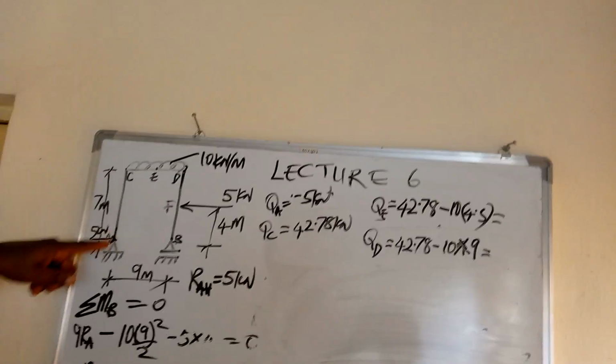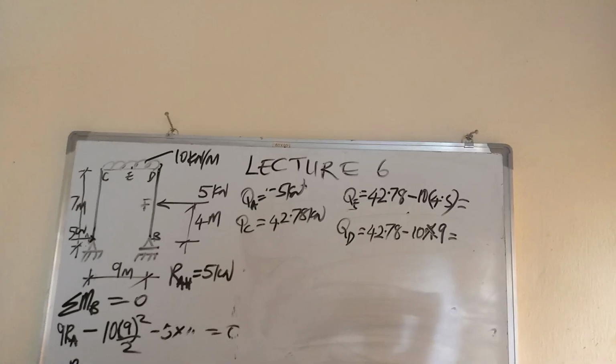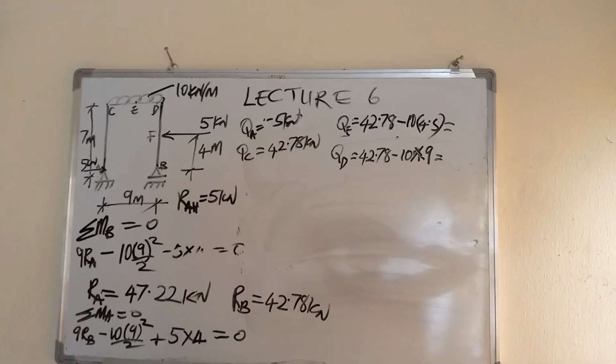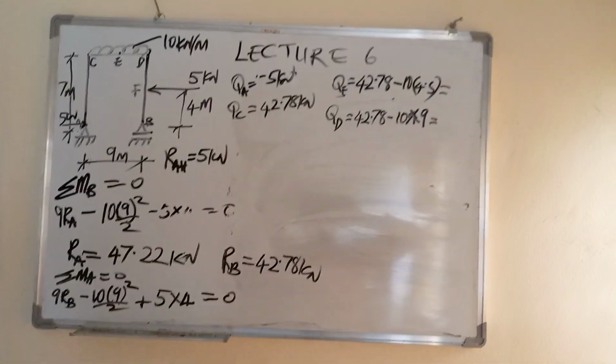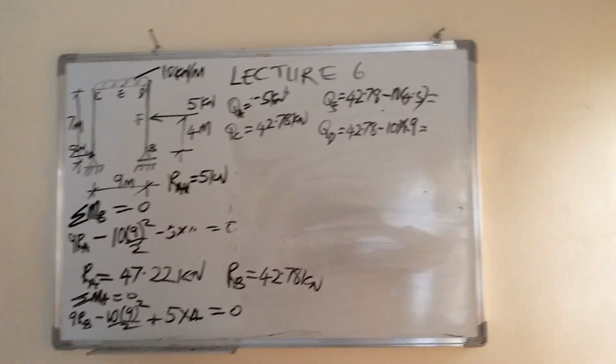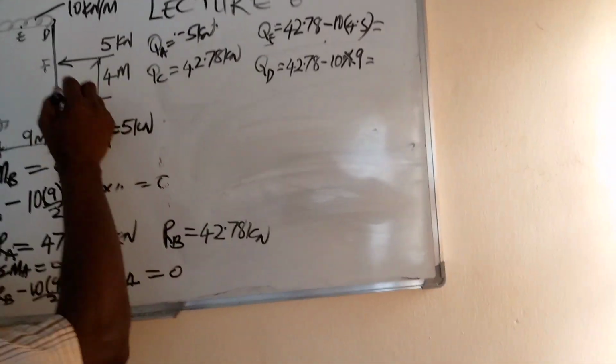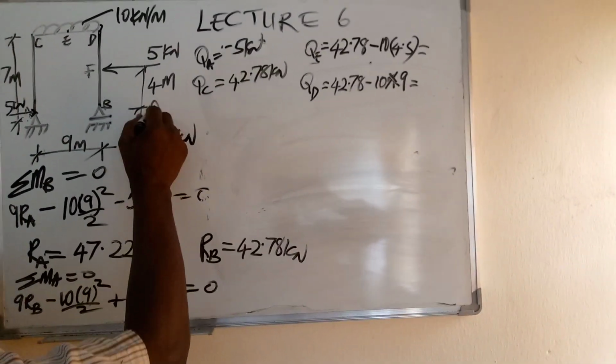We continue getting the shear force as we move. So at A, the shear force is minus 5, as I said. At C, it is along this line. It is minus 5 from here to here. So at C, along the line,